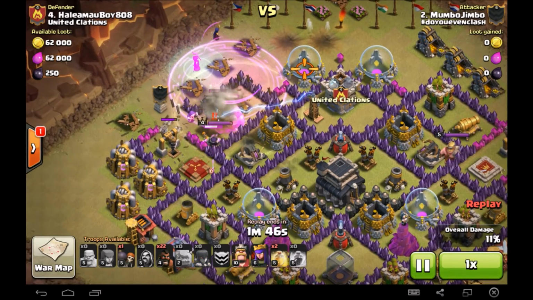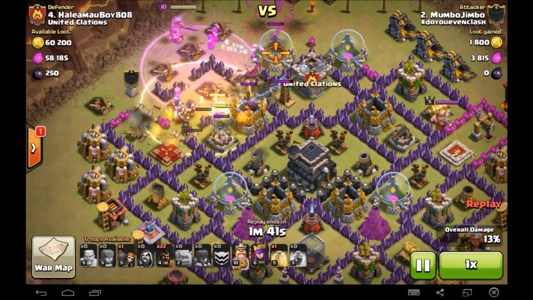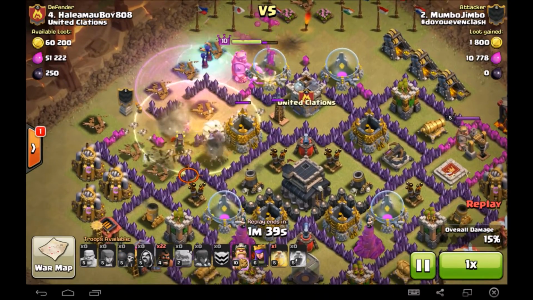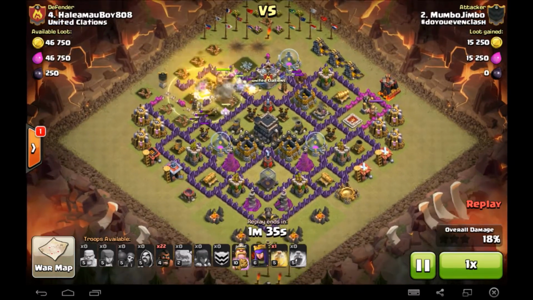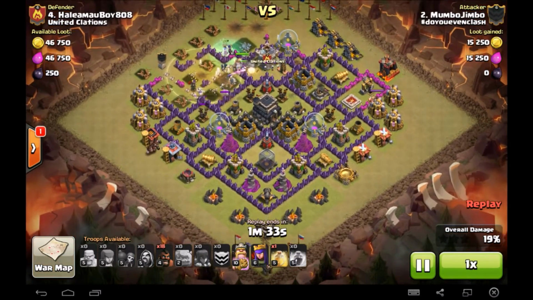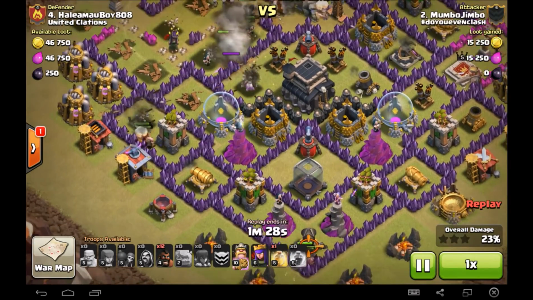So the Archer Queen's about to go down right here. The Archer Queen goes down pretty instantly. So after he puts down his Witches and his King, he has enough troops up top to take care of the top portion of it, and he starts his phase 2, which is putting a couple of Hogs down to get that mortar out of the way so the splash damage doesn't kill too many of his Wizards and stuff